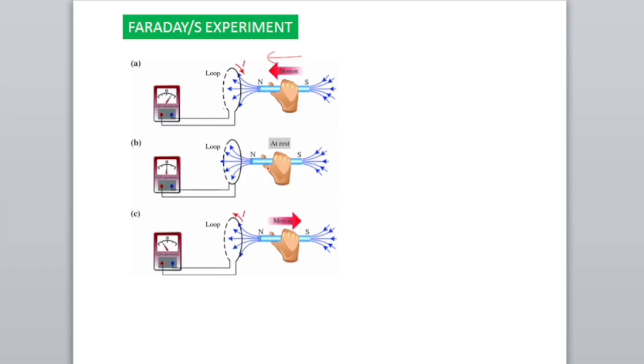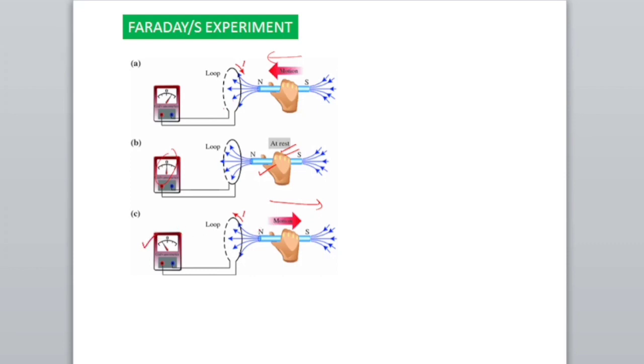So whenever there is a change in magnetic flux, EMF is induced and current is produced in the circuit. Again, in another case, if the magnet is at rest, around the magnet magnetic field lines are there, so they pass through this circular coil, but it is at rest. There is no change in magnetic flux, the number of field lines. In that case, the galvanometer shows zero deflection. In the third case, the magnet is moving away from the coil. Magnetic field lines are decreasing, so fewer field lines pass through the circular coil. It means again there is a change in flux. Either flux is increasing or decreasing, but change is a must. In this case also, the galvanometer shows deflection.